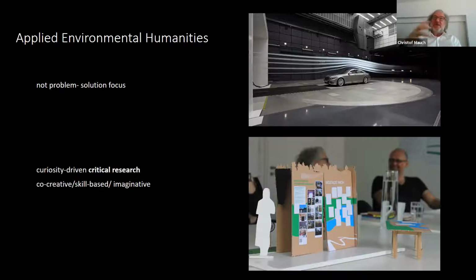So critical, you saw that we were uncovering things that are hidden, for instance, the waste mountain, but it's also co-creative. So people like the shepherd in the English Garden, or the architect, or people in the airport, whoever they interviewed, biologists who helped us understand the creatures in the river, hydrologists, etc. They were co-creators, skill-based. So it's not just reading and writing and researching, but it's other skills that were involved as well, including designing skills. And it's imaginative. So not just problem solution focused, but it's what has recently been called imagination